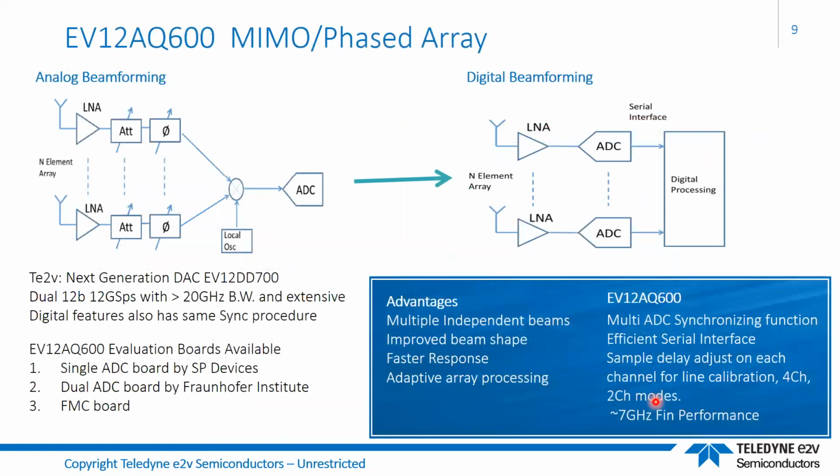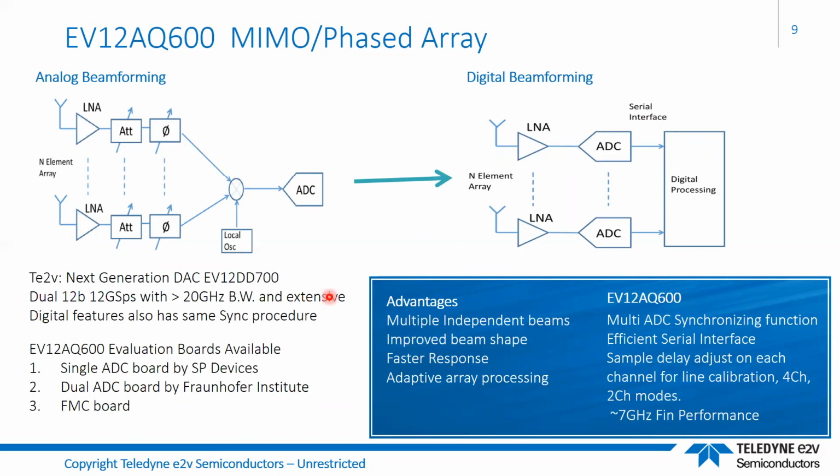So as a summary slide here, using the AQ600, you can go from an analog beamforming system to a digital beamforming system with all the advantages of multiple independent beams, improved beam shape, fast response, adaptive array processing. We have the features here for the multi-ADC synchronizing function, efficient serial interface, sample point delay in 4-channel and